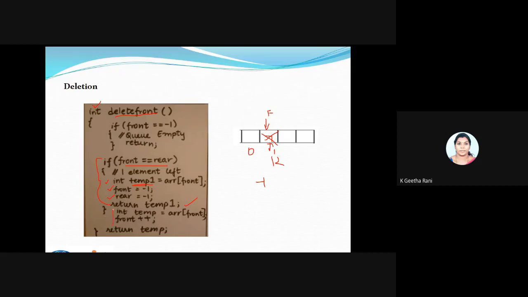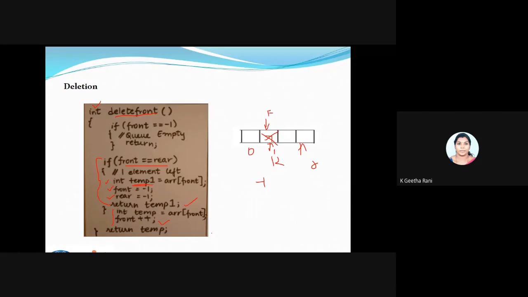If I have so many values, where front is here and rear is here, and I need to delete the front, I'll just increment the front alone. Front is equal to front plus 1. Then I'm putting the value inside the temp and returning the temp. Fine, it's very simple. If you are more confident about the queue, it will be easy for you to write the code for your DQ also.